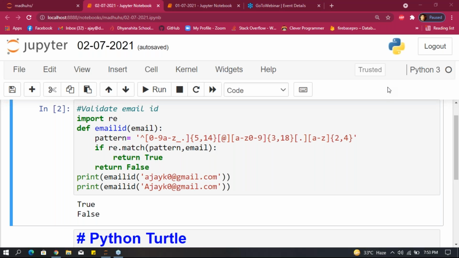Please complete this example, guys. Completed, guys.